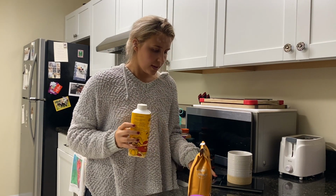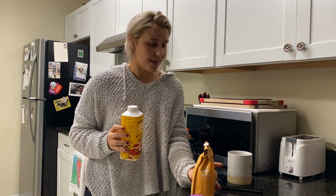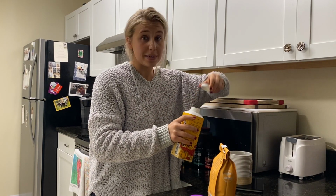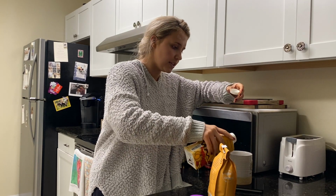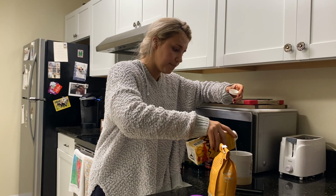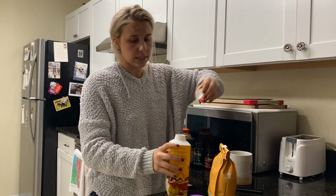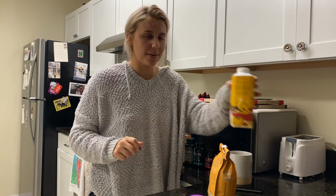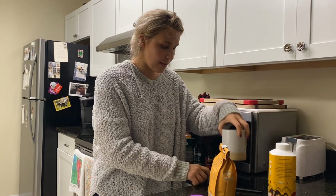And so I do count my macros. So obviously, I weigh everything out, and I am gonna cut right now, which means I'm in a calorie deficit, so my calories are just a little bit lower. So I am just a little bit more, I don't want to say strict. I just am a bit more accurate, I guess you could say, with my tracking and my weighing of food. So I do a tablespoon